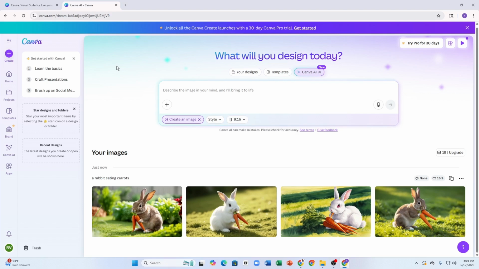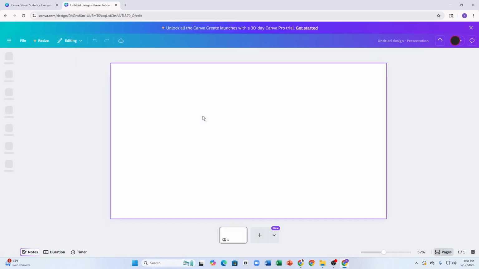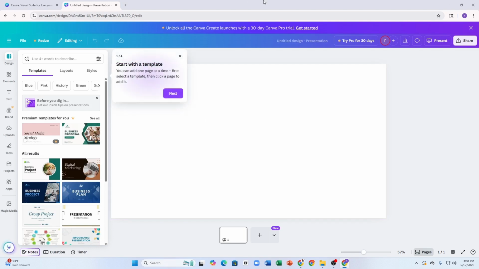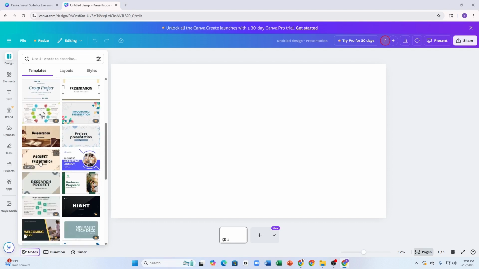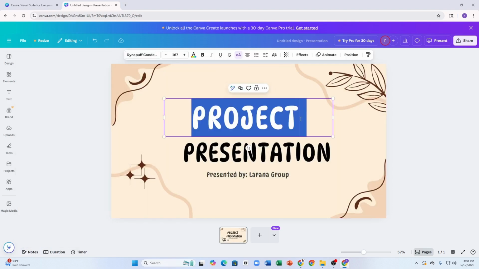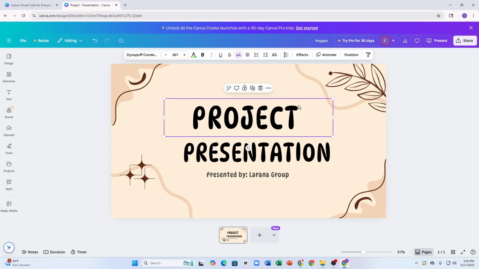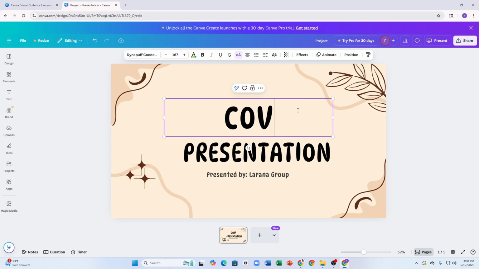Okay, let's just create our first design. Let's try it, create option, and then we can go for a new design, create new design, presentation 16:9 ratio. It can be that. Here we can see that there are many templates and all. We can select any of them and just get it here and also edit it, just like it's written project presentation. Let's say we change it to cover